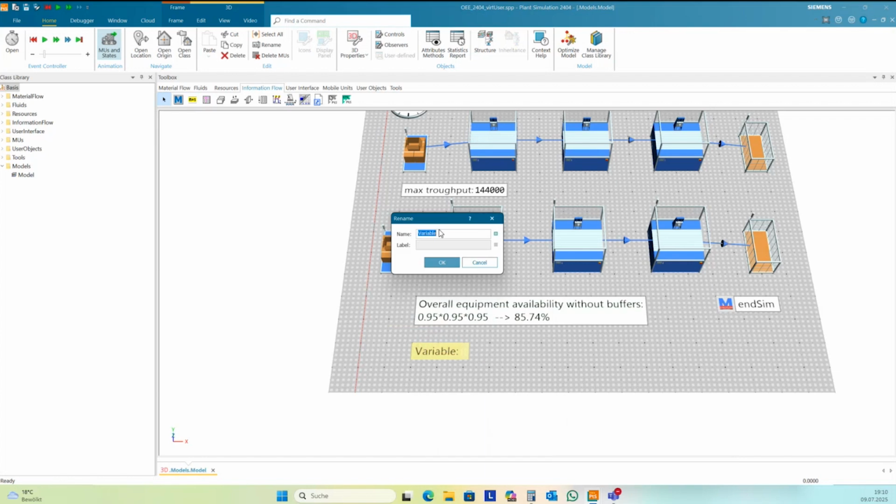I name it overall equipment availability. And this is my terrain 1.